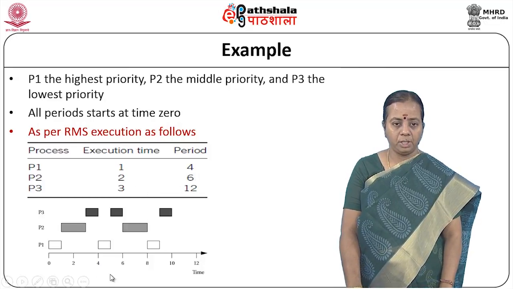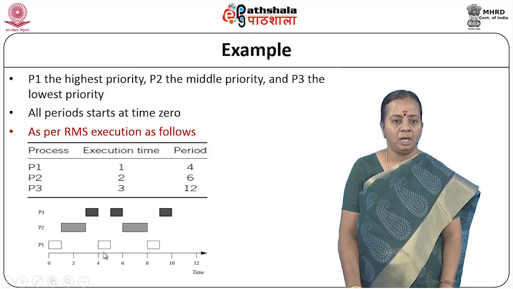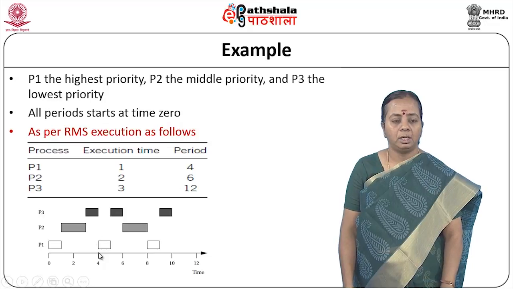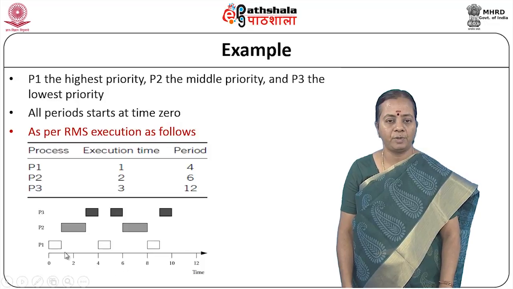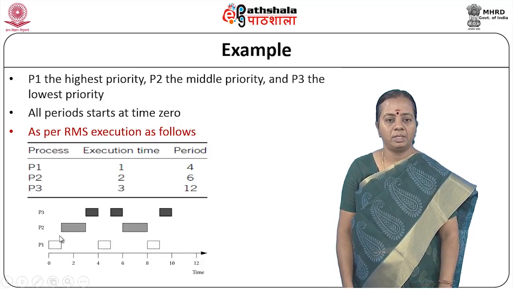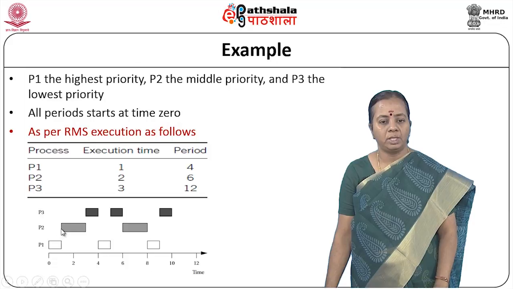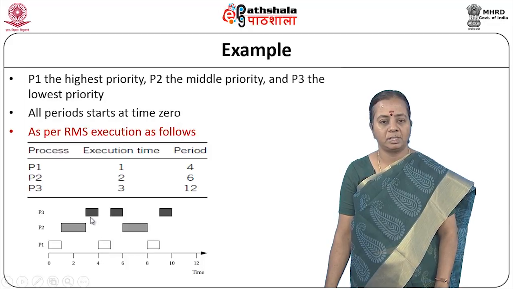In this scheduling, when you look at the different sets of times, we have to see how the processes have been executed, and whether within the full hyper period all the tasks are scheduled or not. We have to be very careful about that. Looking at the process table, the maximum period is that of P3, which is 12 cycles. P2 has a period of 6 and P1 has a period of 4. When you schedule with P1 as high priority, P2 as second priority and P3 as third priority,